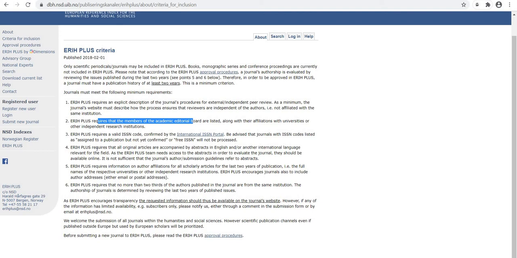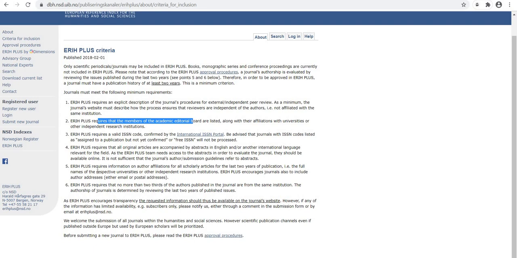ERIH Plus requires that all original articles are accompanied by abstracts in English and/or another international language relevant for the field. As the ERIH Plus team needs access to the abstracts in order to evaluate the journal, they should be available online. It is not sufficient that the journal's author submission guidelines refer to abstracts.